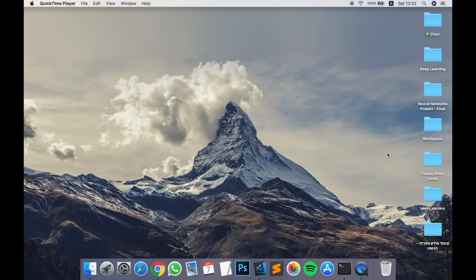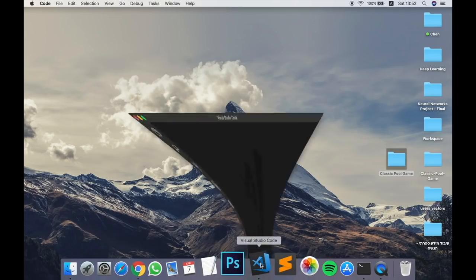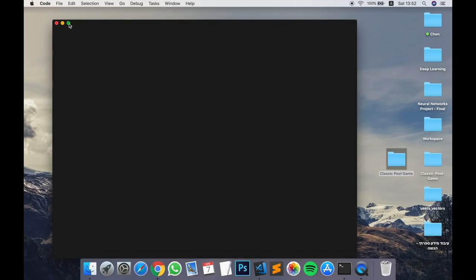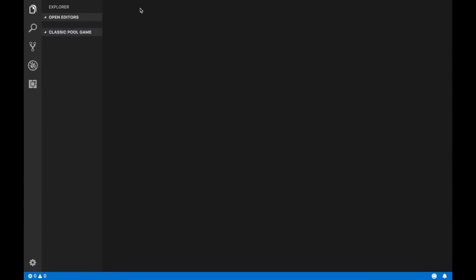So the first thing we will do is create a new folder for this project, and maybe we should give it a significant name, something like classic pool game. Now I will open my preferred text editor, which is in my case Visual Studio Code, and drag the newly created folder into it. Let's now create a new file. And the first file I'm about to create is the HTML file. Let's give it a name,